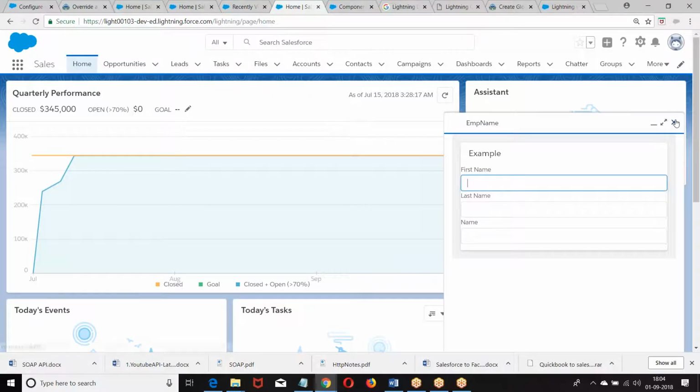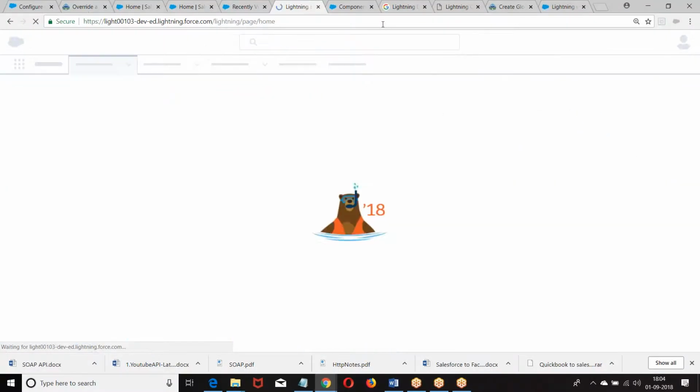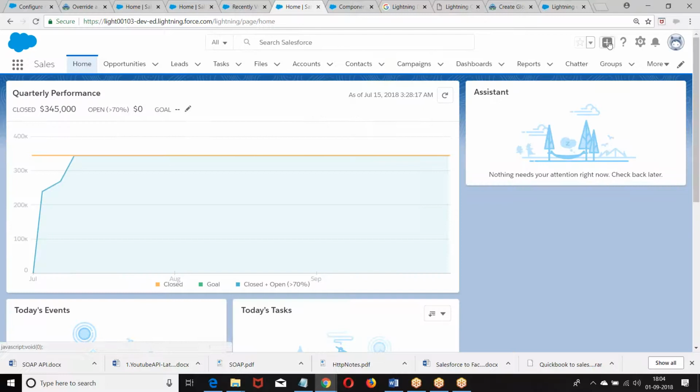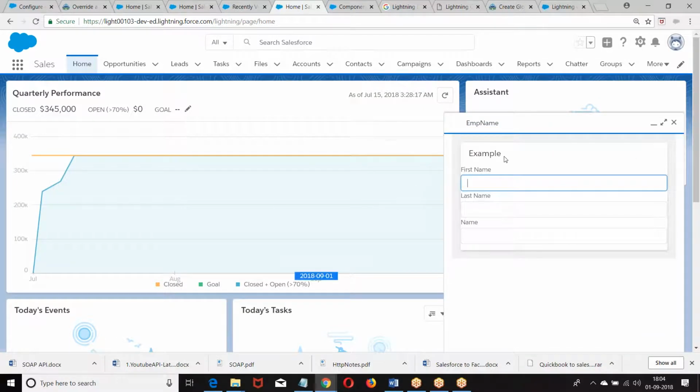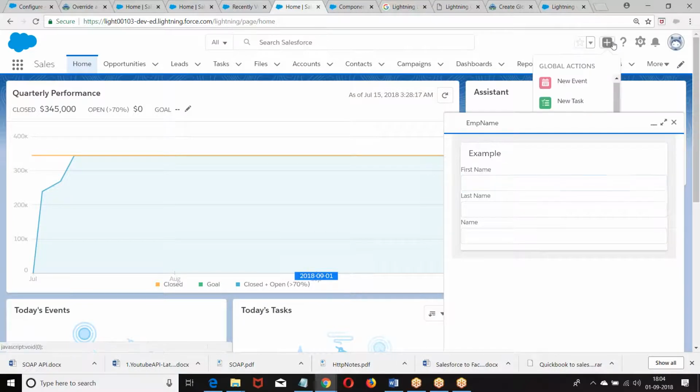If you go to this, now this is a quick action which is running from this global action. Generally, this pop-up will be coming here. This will have a layer on the top, the header layer, the title layer. This header layer we can skip by using this.